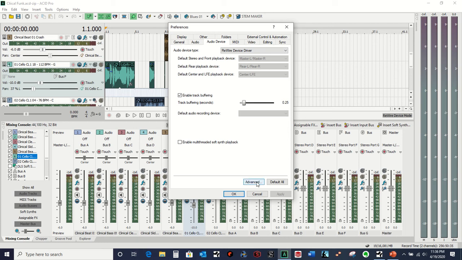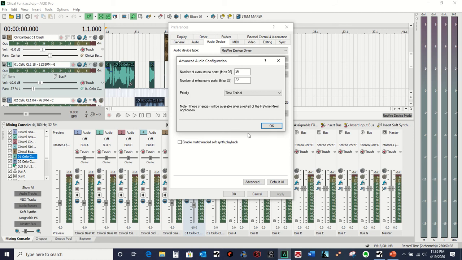So go down, click on Advanced, and this will show you the number of extra rewire ports that you have. I've already done mine, and I set it to the max of 26 stereo, 32 mono. So if yours is the default, it probably says like 1 and 2 or whatever that is. Change it. Just go ahead and change it to the maximum value. Now when you do that and you click OK,